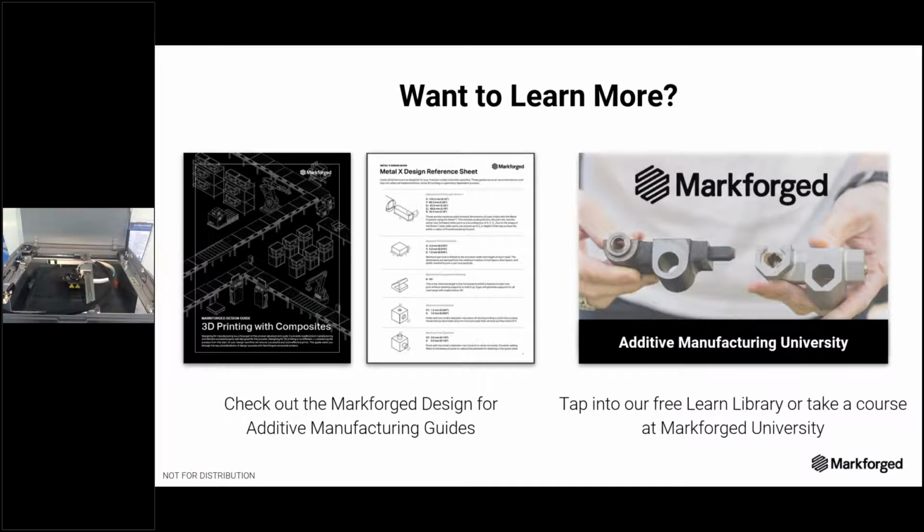It's the Markforged University. This is more guided instruction after you have your Markforged machine in-house, whether it be on the composites or the metal, and they train you how to design for their technology. You can go up to Watertown, Massachusetts, and take part in their training, or they can come to you as well. So I think with that, I'm gonna